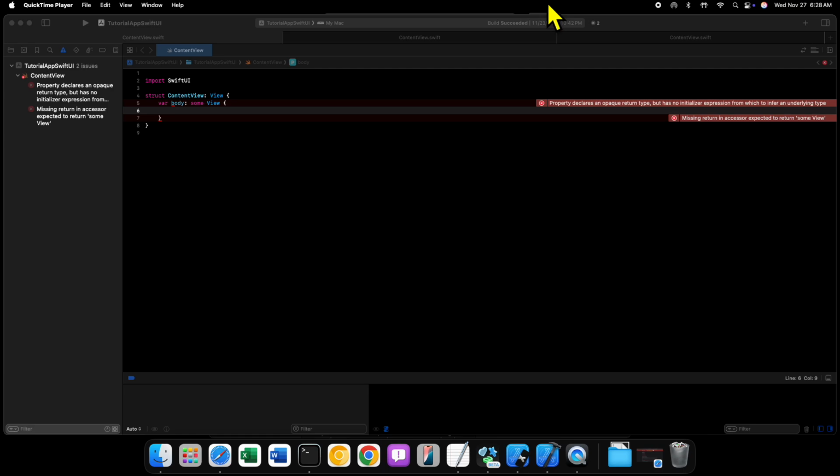Welcome back to another video, and in this video we're going to be continuing on with our SwiftUI tutorial series, and in this particular tutorial we are going to be taking a look at how we can make a view tappable in SwiftUI. Now there are a few things that need to be noted about how we can make views tappable in SwiftUI, and that is